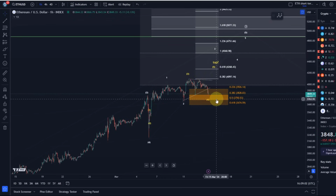At the moment, I would still give it a chance for another high, but with that latest lower low, probabilities, I think, for a larger pullback have increased. So it's obviously very dynamic. Probabilities are dynamic, and it's a constant assessment of what's more likely. I still would like to see a move up, but I'm fairly neutral now, especially with that new low that formed here. Fairly neutral now as to whether we get another high or not. I would still like to see it, to be honest, because it would look clearer. But obviously, we cannot ignore the signals that the market is providing, like, for example, this break of the previous low. So I think the support levels are clear. In case we get another high, we're looking at the 4,268 level, maybe more. But at the moment, the market is rather in